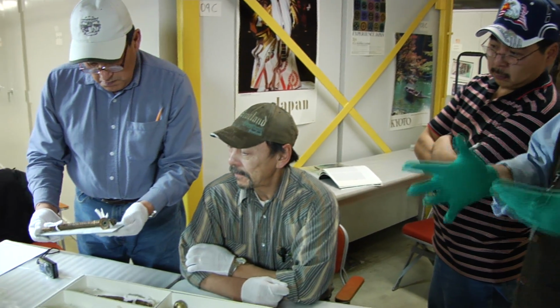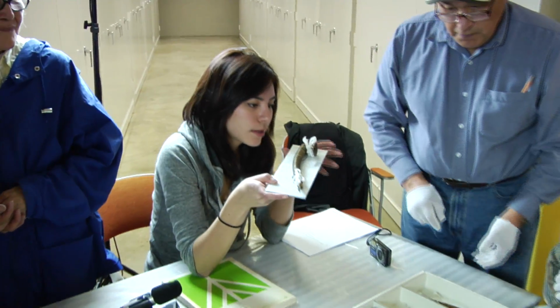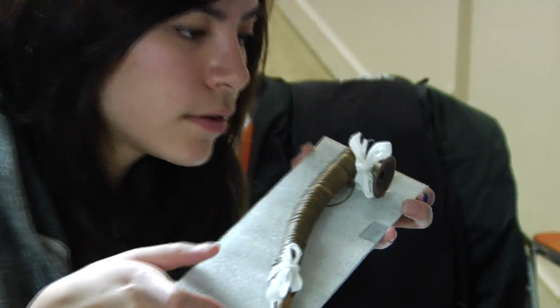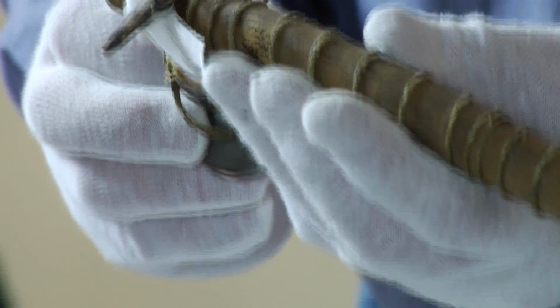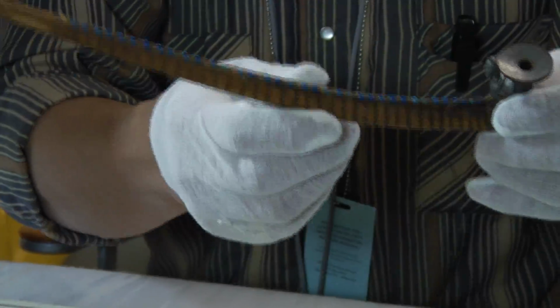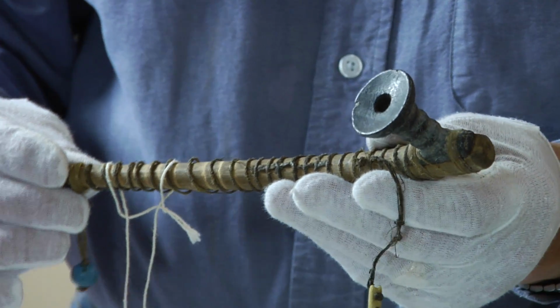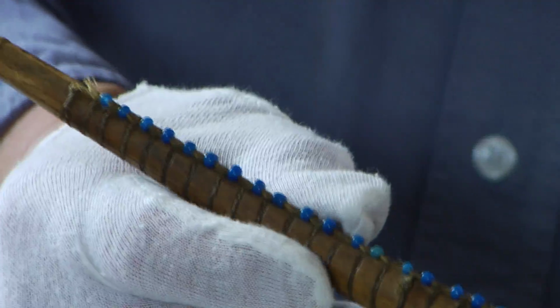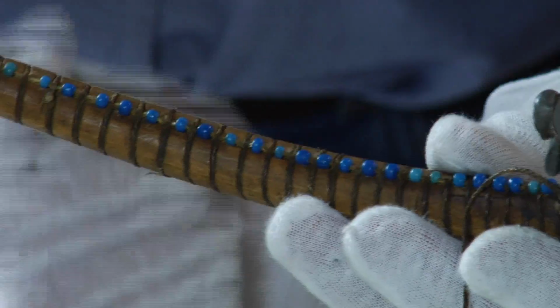People wouldn't speak the language, but they might see the English word or something, and someone just found that nice button and made it into a pipe. It's just so delicately made with the beads on it. Isn't that beautiful? Even beads for eyes. Oh my gosh, I can't believe this. The eyes are so tiny. Intricate work. Yeah, this one here, how he carved the notches in there and then put the...